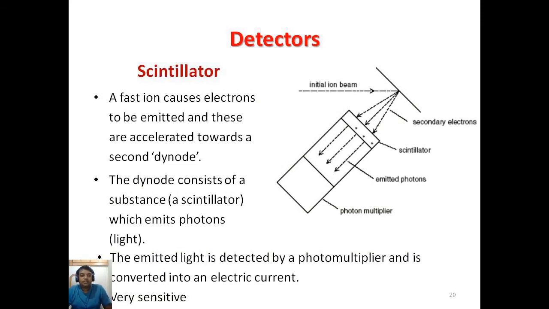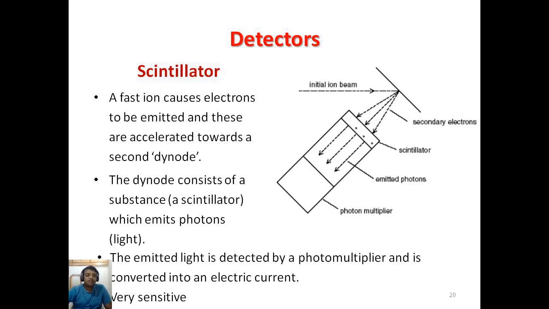The next one is the scintillator, also called a gamma scintillator. The molecules or ions are bombarded on an electron charge plate, and this bombardment generates electrons. When these electrons reach the scintillator, it emits photons, and these photons are identified in a photomultiplier tube. The photomultiplier tube identifies the photons, they reach the recorder, and the recorder records the signals of each and every photon.